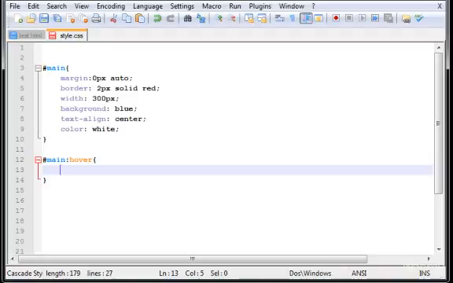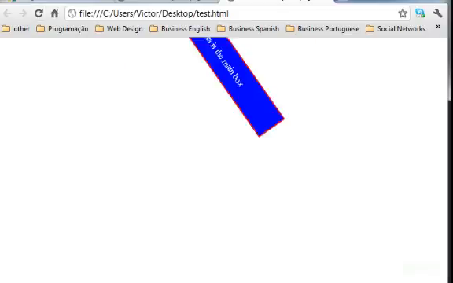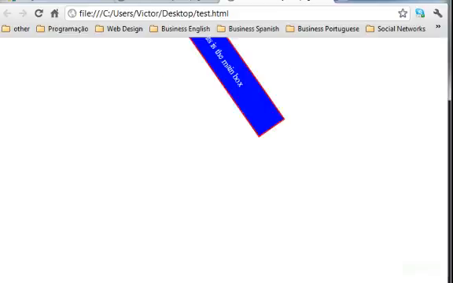And what I want to do is WebKit transform, and now you type rotate, and parentheses. Inside the parentheses you type the degrees you want to rotate. Let's type 55 deg. Okay, now let's go back to the browser, refresh it. Now you'll see that whenever I hover it, it will turn 55 degrees automatically. Okay, pretty cool,